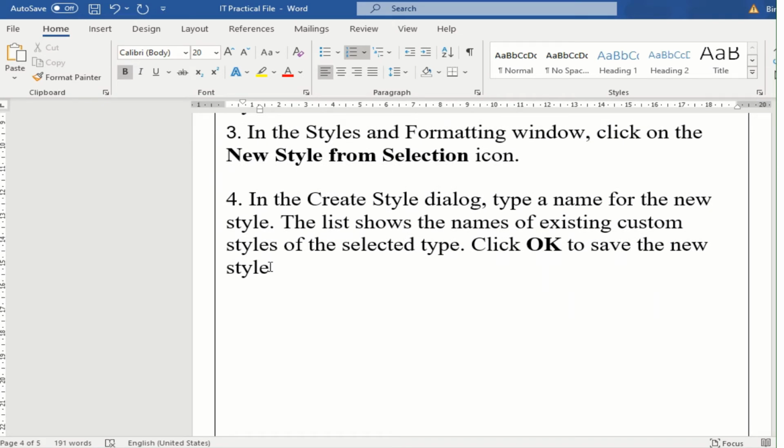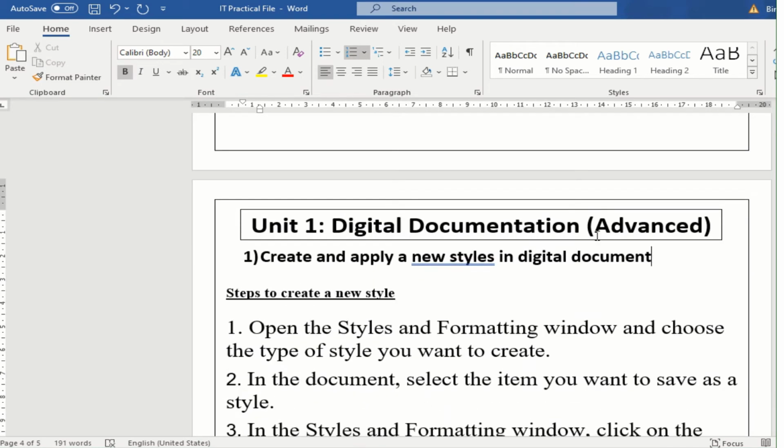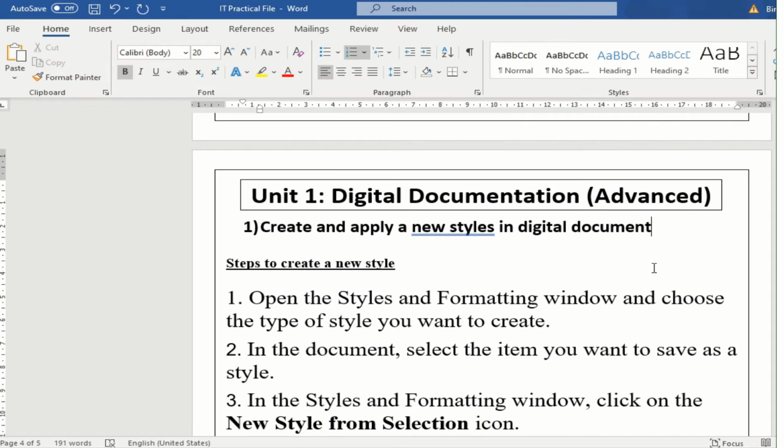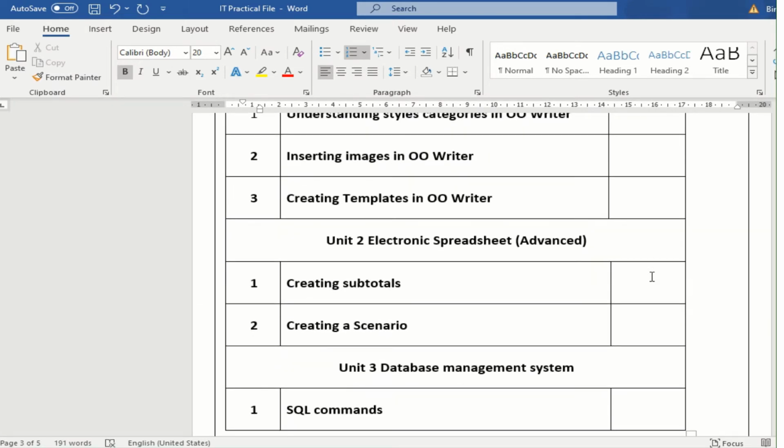This way, each question will be covered on a new page, a single page, with a proper heading and the question that follows. This is the format in which you are going to make your entire presentation. There is no project file, and there are not many questions. I have not given any major questions.